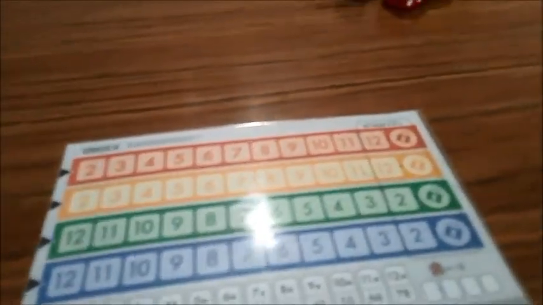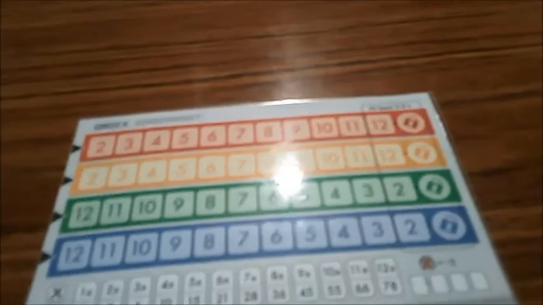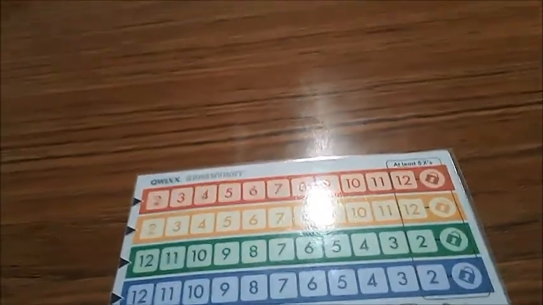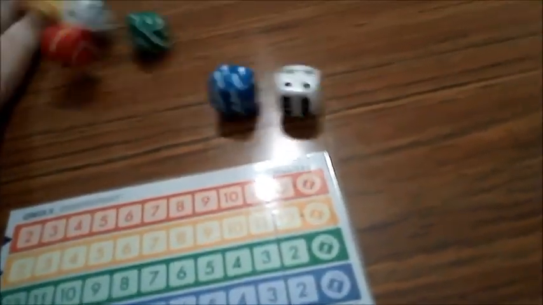So on your turn, this is a game for 2 to 5 players. They say it takes about 15 minutes. Really depends how you're rolling. On your turn, the active player is the one who rolls the dice. On your turn, you are the active player. When you roll the dice,